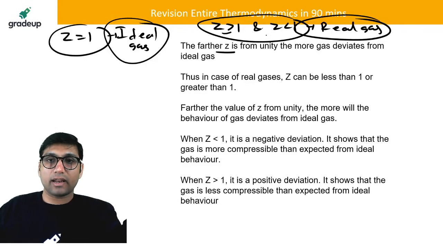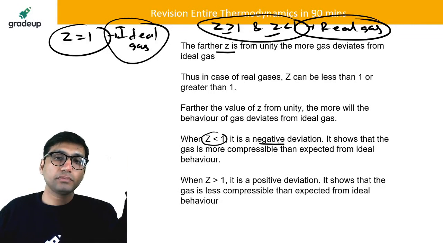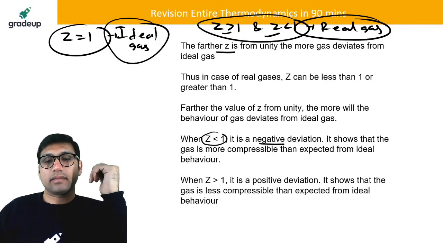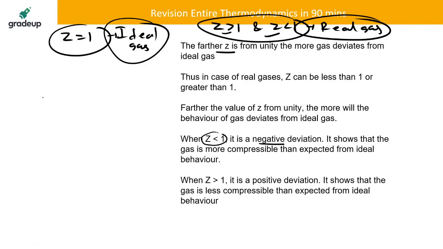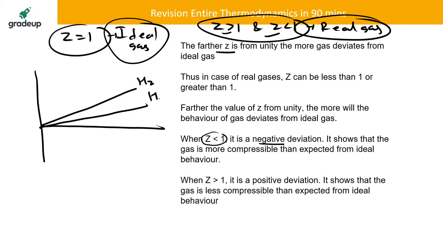If it is greater than or less than 1, then the gas deviates from the ideal gas. If it is less than 1, it has negative deviation. For example, if you see the deviation from an ideal gas, hydrogen and helium have positive deviation. If this is the ideal gas, hydrogen and helium have positive deviation, while carbon dioxide,